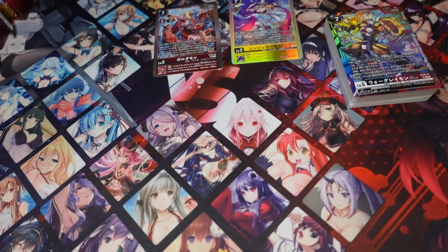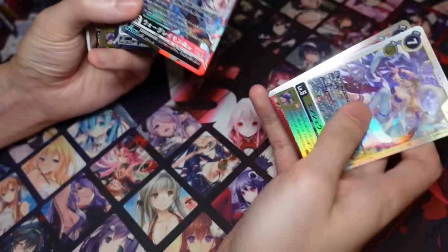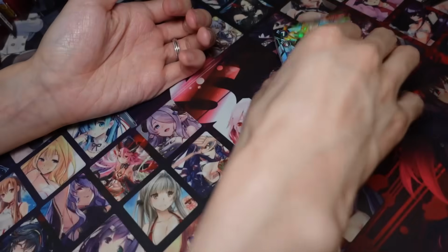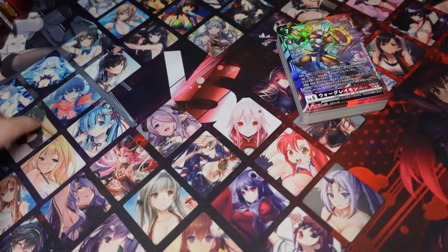Eventually, if we do get a Tamers trait, I'll definitely play that as well, but we'll see how it goes. We'll see how balanced they made the decks. If in the future you see every top in the tournament listings, you'll see a lot of Adventure decks, then you'll know, oh, they messed up. But yeah, let's